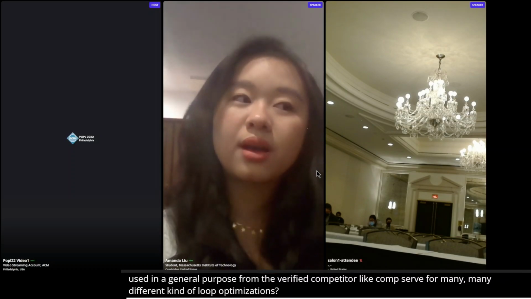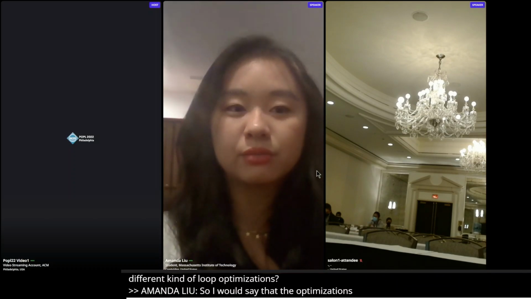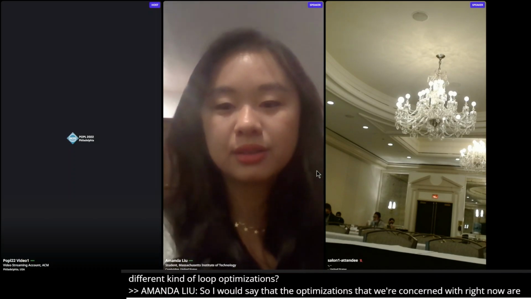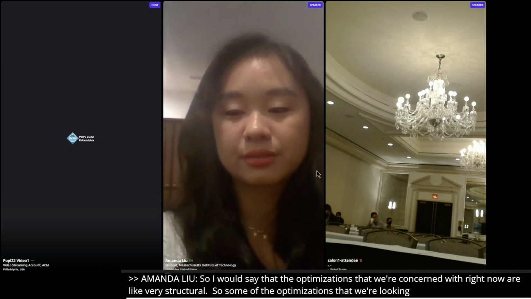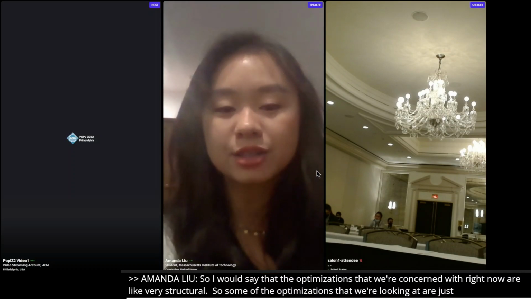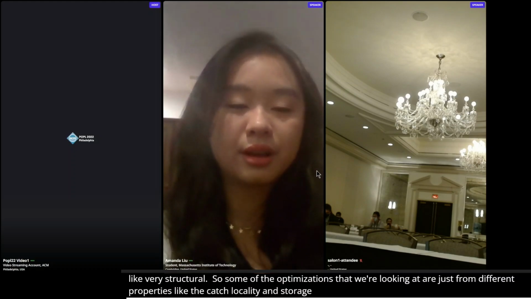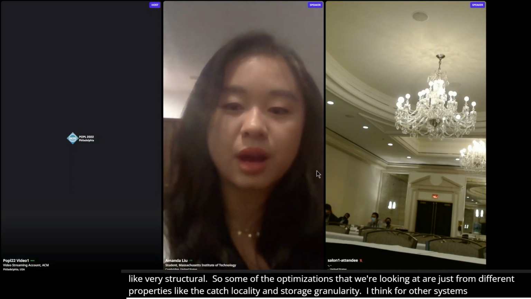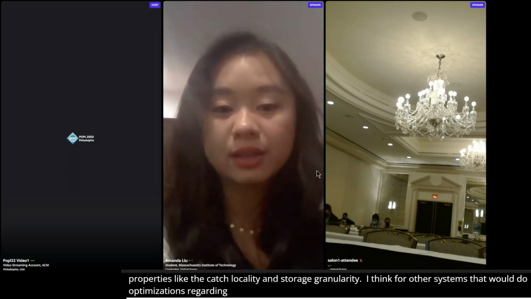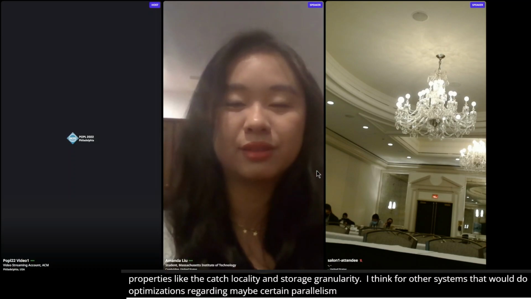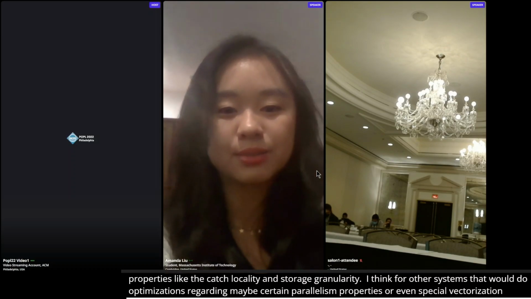So I would say that the optimizations that we're concerned with right now are very structural. Some of the optimizations that we're looking at are from different properties like cache locality and storage granularity. For other systems that would do optimizations regarding maybe certain parallelism properties or even special vectorization instructions, those aren't currently supported in our system.